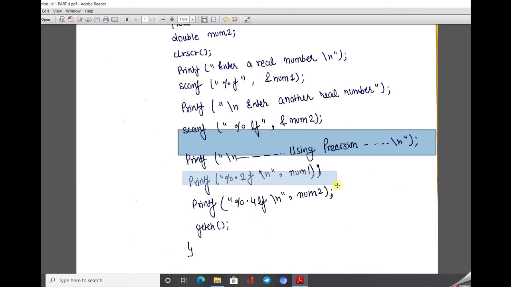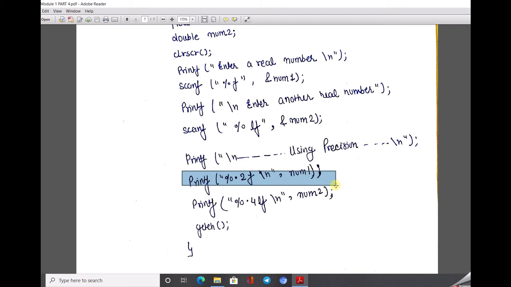Here I apply the precision 0.2, that means only 2 digits after the decimal point will be shown. Like if I type 10.567, then only 10.56 will be the output. Similarly, if I want to apply precision 4 on the double number, instead of percentage lf I write percentage 0.4 lf.